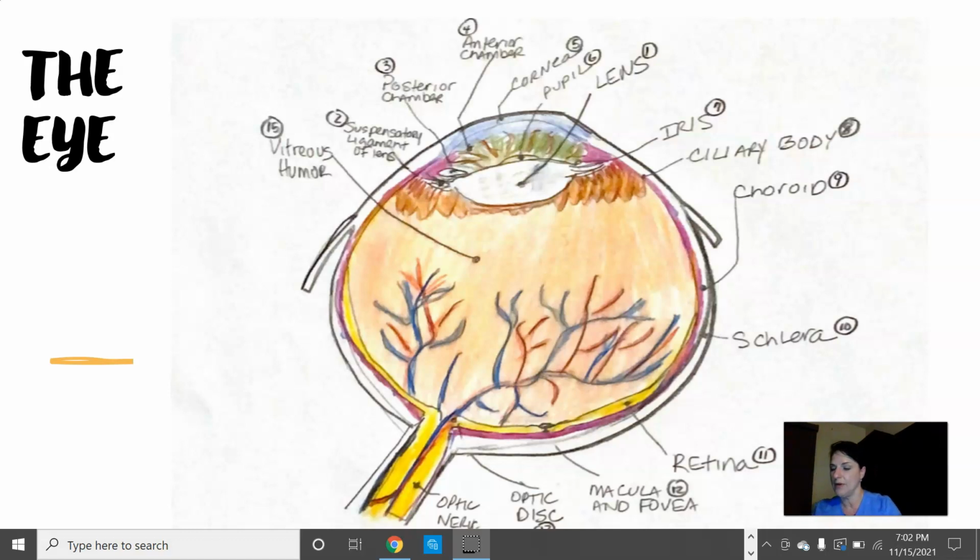A third of Americans over 65 have vision-impairing eye conditions. Seniors, or the geriatric population, are affected by four major diseases: glaucoma, cataract, macular degeneration, and diabetic retinopathy. So you'll see on the second slide